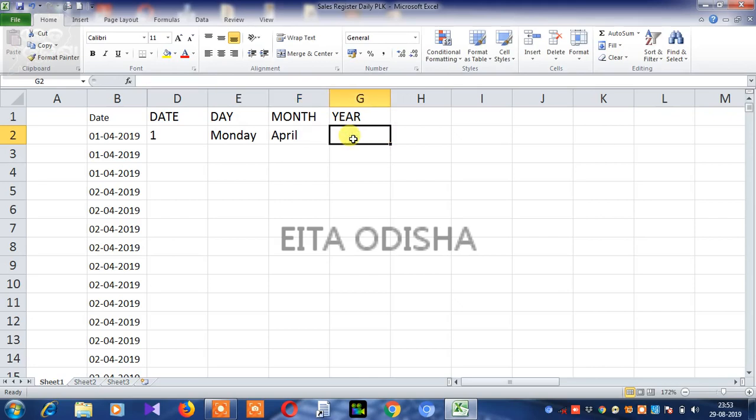Here, if you want to extract the full year, you can put the same formula. Type equal to TEXT, start bracket, put this date cell, type comma, inverted comma, 4 times Y and close with